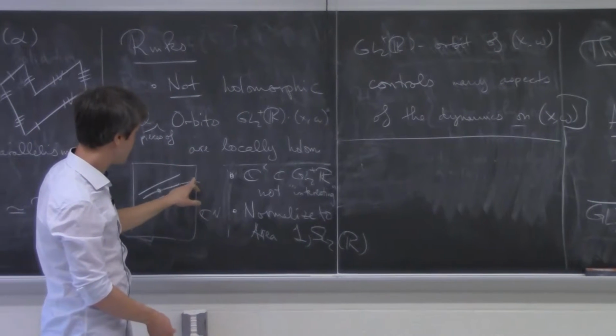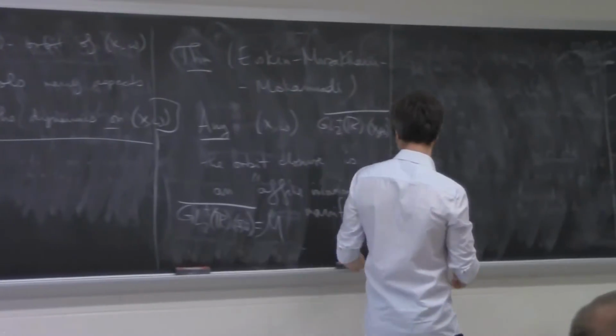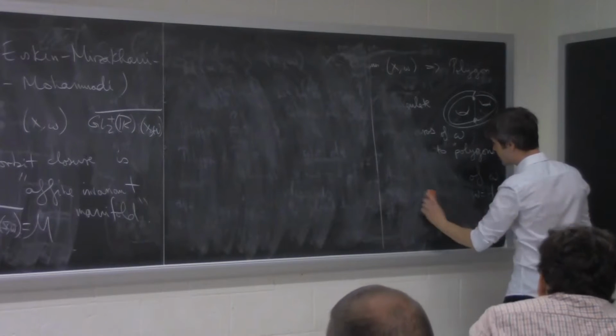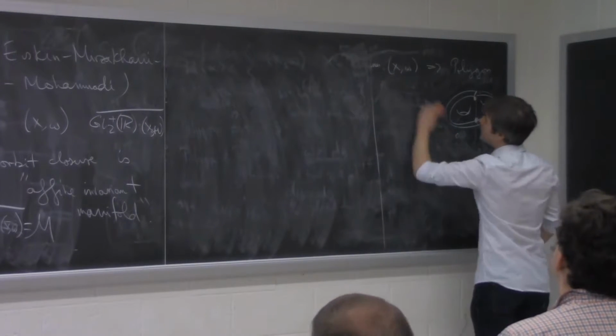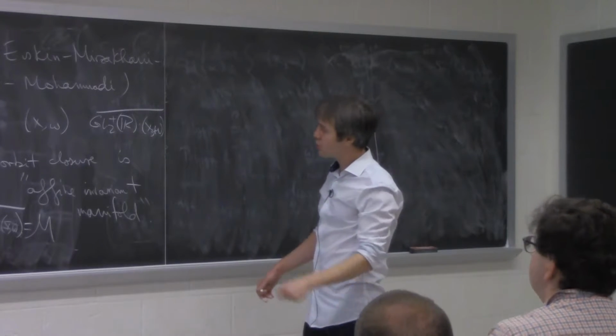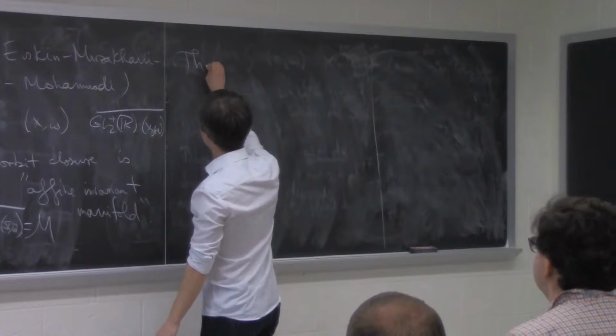So somehow this was inspired by theorems in homogeneous settings by Rotner. So this is the statement about this orbit closure, and to go back to the question of whether this is related in some way to the